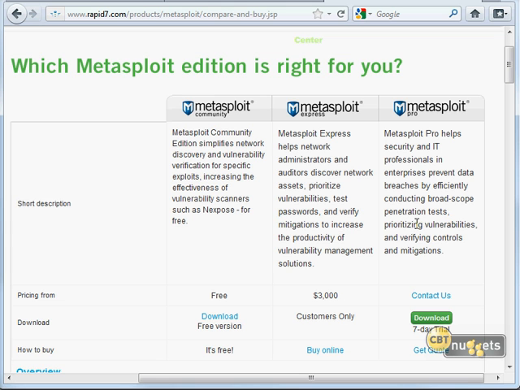And then there's Metasploit Pro, which gives you a huge quantity of different things. I'm not going to go through all the feature bullet points for you, because that's up to these people to advertise, I guess. But look at the price here: Contact us. It's kind of like when you go into a really expensive department store and they don't have any price tags on anything. If you have to ask how much it is, you can't afford it. Well, apparently, I can't afford this. In fact, I'm so cheap, I don't think I can even afford the free version. That's how cheap I am, folks.